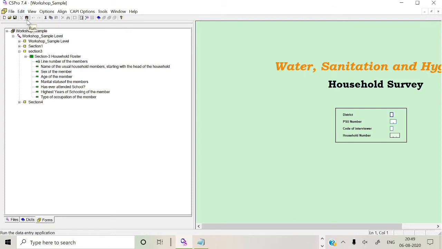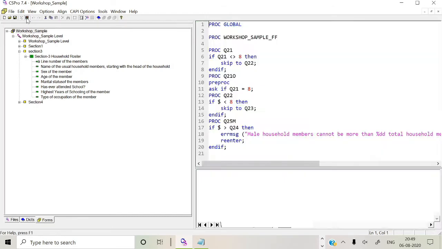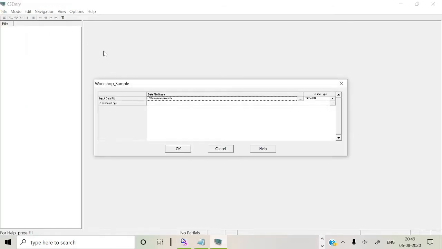This is the run command. If you look at the top corner, there is a signal type of logo. When you click it, CSPro will ask for the data file. There are three types of data file; you can even give none. CSPro DB is the latest, as mentioned in the earlier sections. CSPro DB is the base file, and encrypted means you can set up a password for your data file. Then next is a text file.